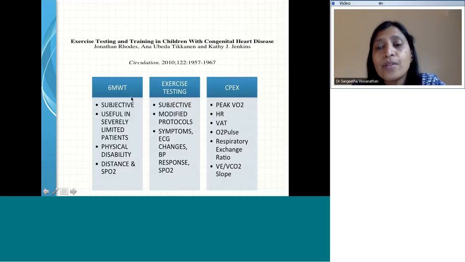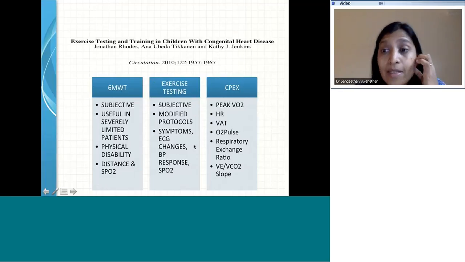So these are the three commonly used methodologies. One is the 6-minute walk test. The other is the treadmill test or exercise test that we use. And finally, you have the cardiopulmonary exercise test. This is actually a topic to be discussed in its own right, but I will aim to give a brief overview of the three testing